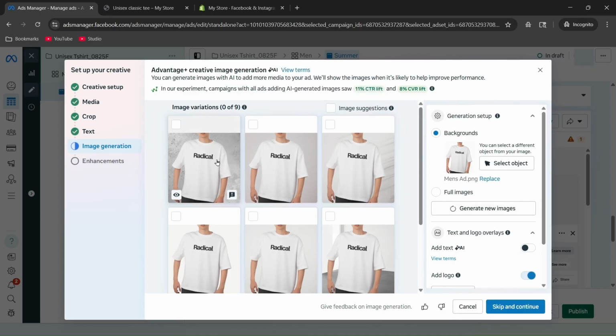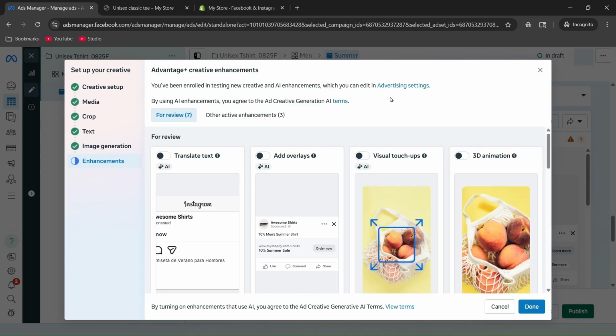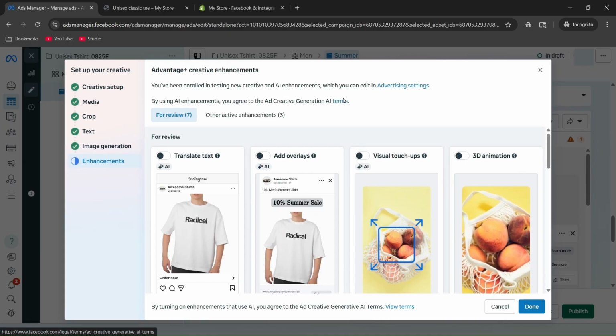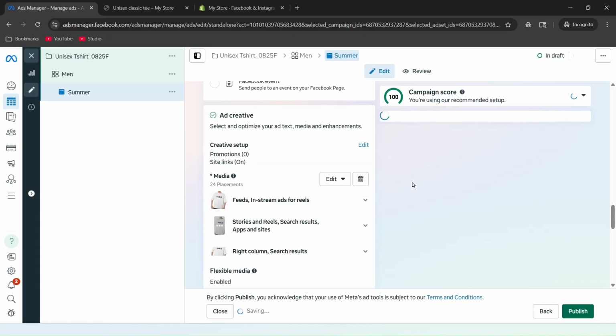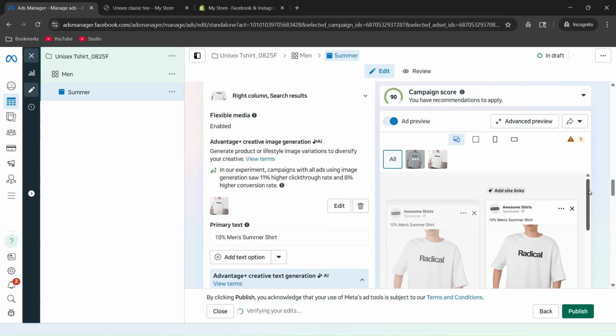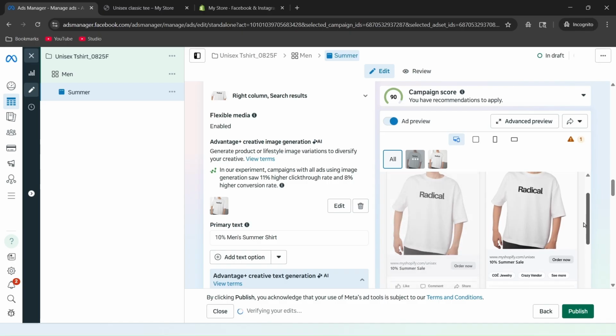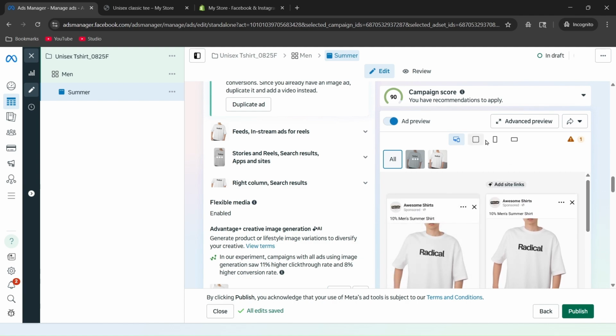So these are images. So they added some backgrounds for us, which is pretty close. So I'm going to click this one. Click accept. And if you want overlays, we could do that. I like that one. That's pretty cool. So do add overlays, clicked on. So now you can see on the right, this is our ad, and the bold was down there, and that was the headline. And you could see all the different kind of